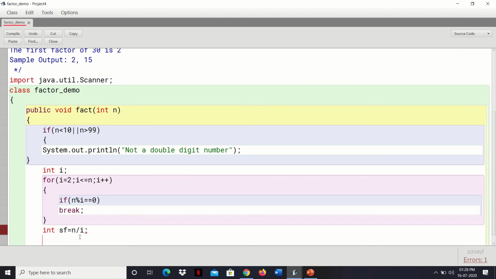Then let us print using System.out.println: "factors are" plus, join the string i, then again plus, then we have a comma, then again plus sf, that is the second factor.